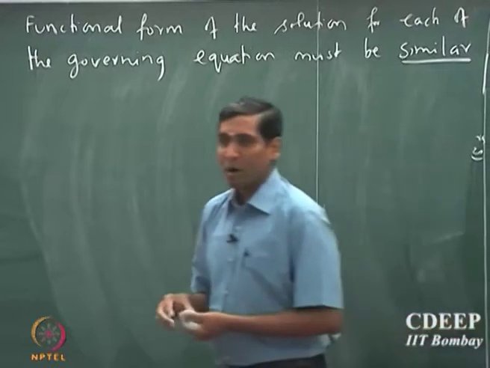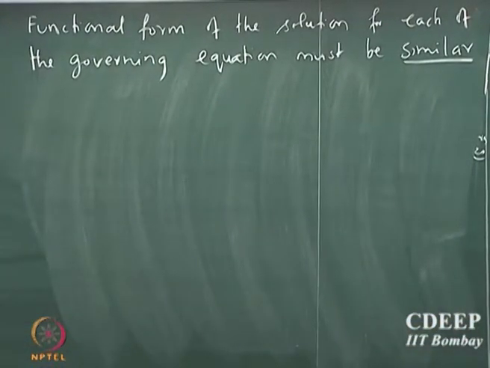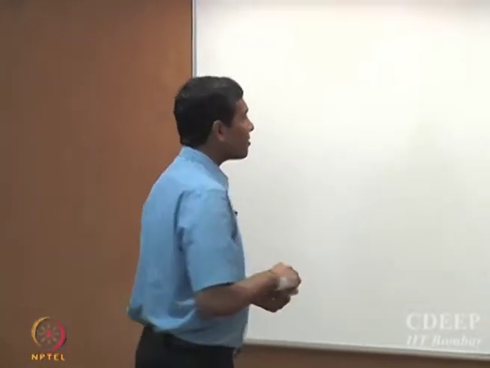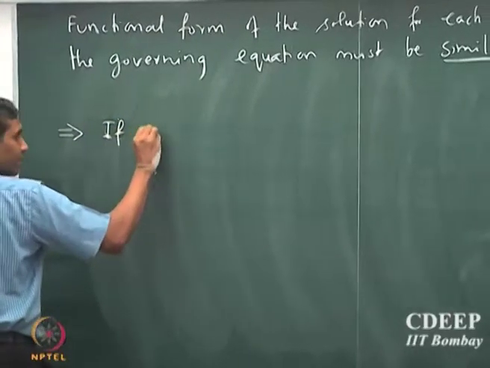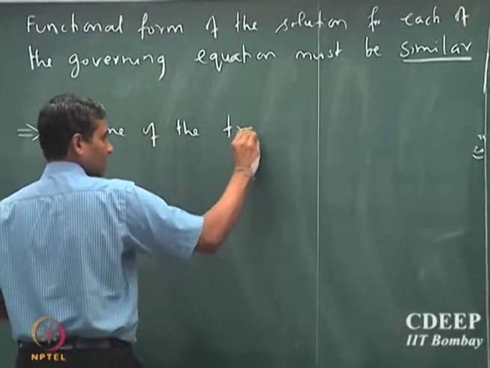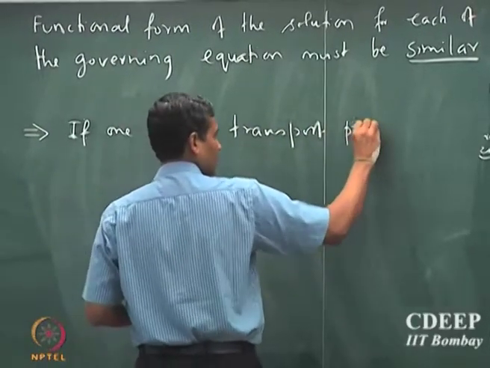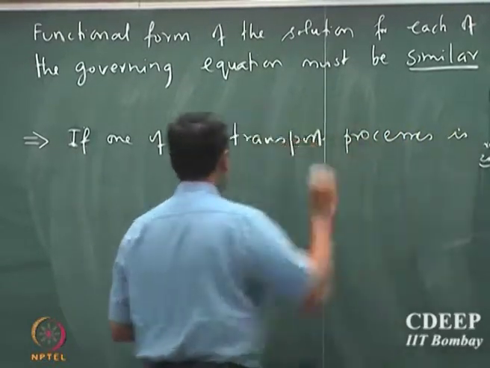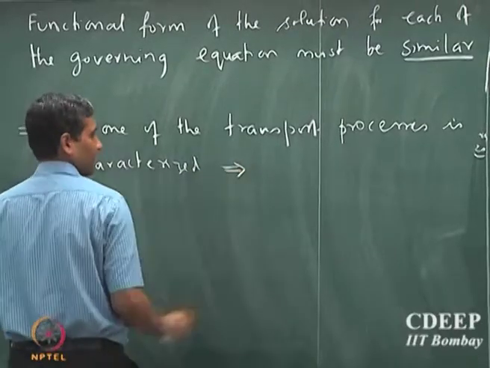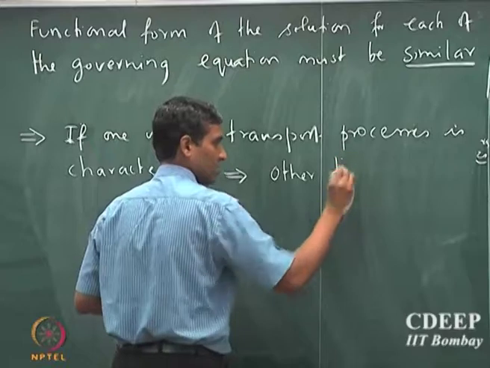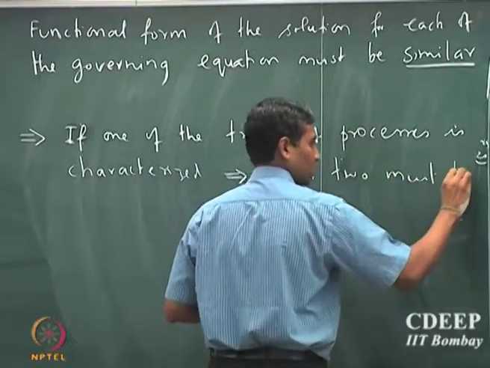because the momentum boundary layer equation does not depend upon the concentration and temperature, while the concentration and thermal boundary layer equations depend upon the velocity, although their functional form is same. So, therefore, the functional form of the solution that you get has to be similar to each other, which also implies that if one of the processes is characterized, then the other 2 must be similar,